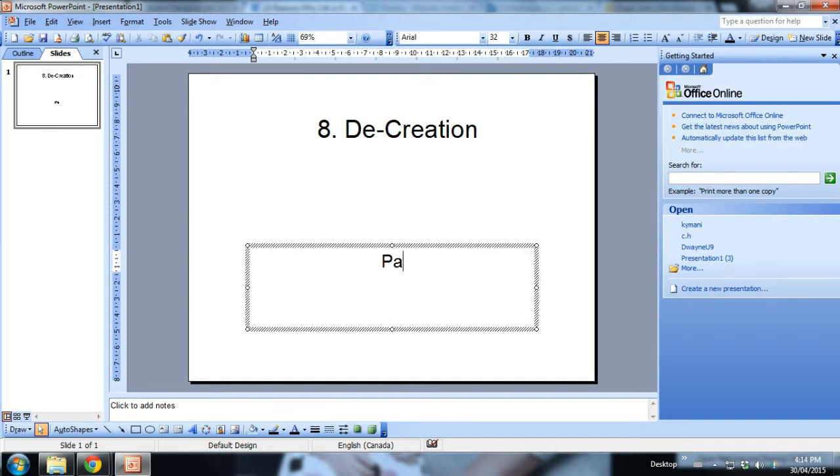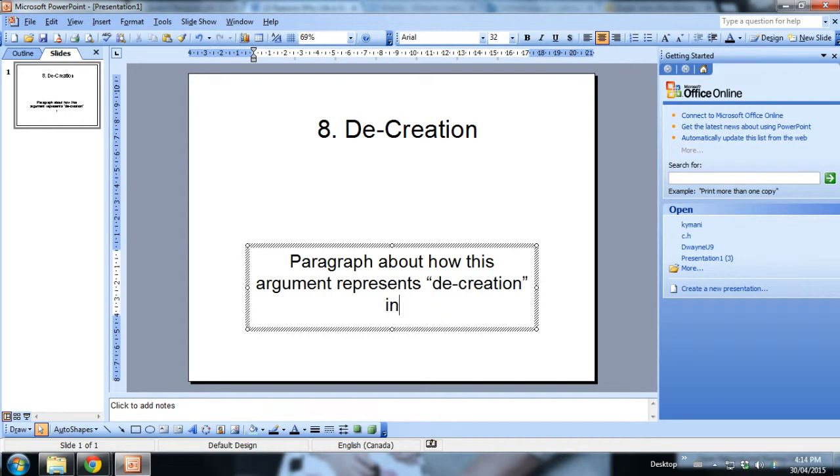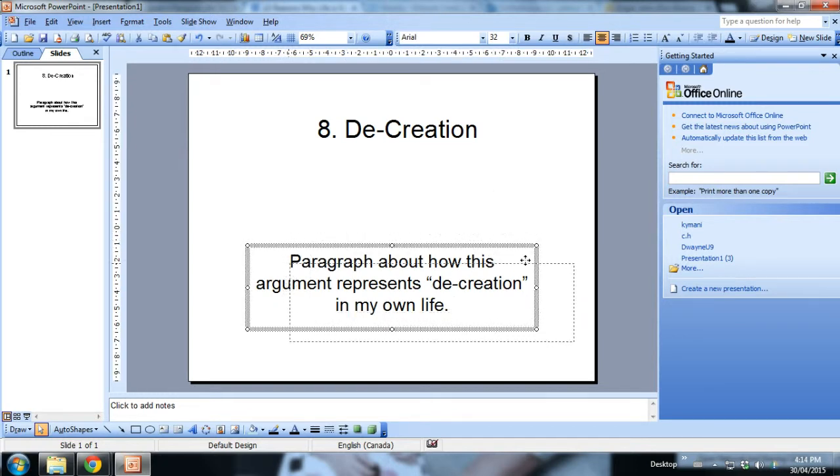So I would write a paragraph about how this argument represents decreation in my own life, how it separated me from God, how it separated me from my true self, how it prevented me from having a relationship with somebody as important to me as my mother. So I'll write that paragraph, that short little reflection here.